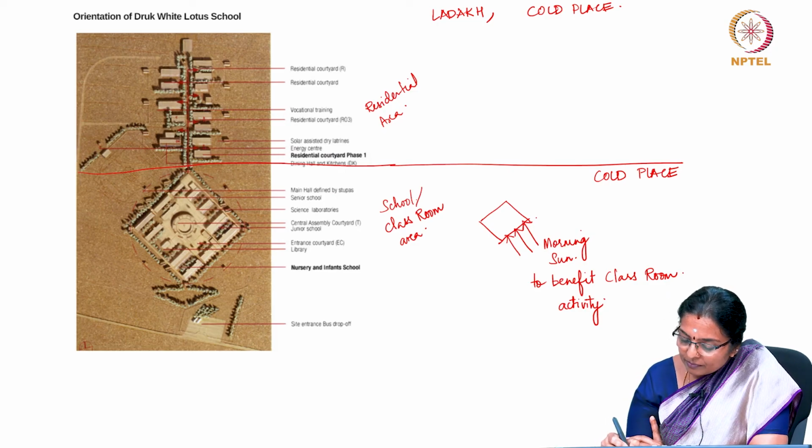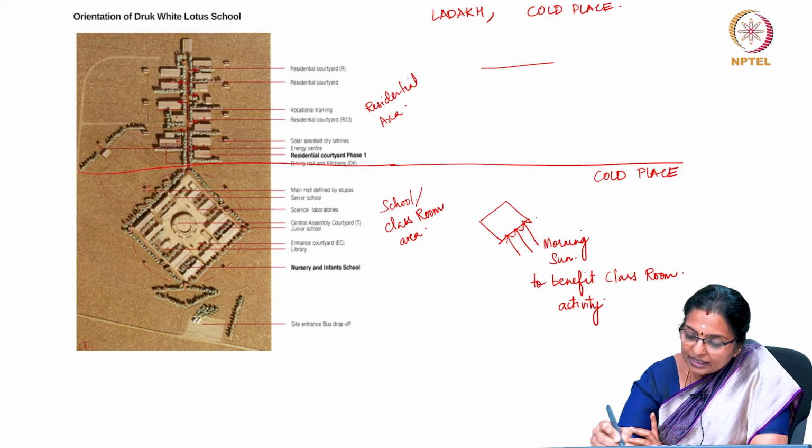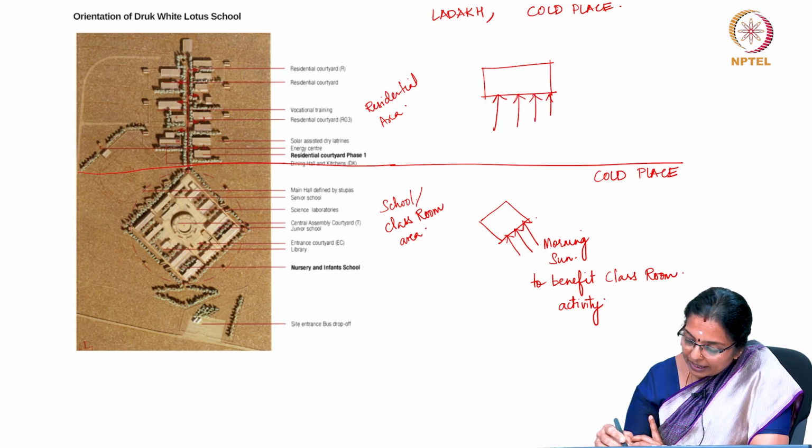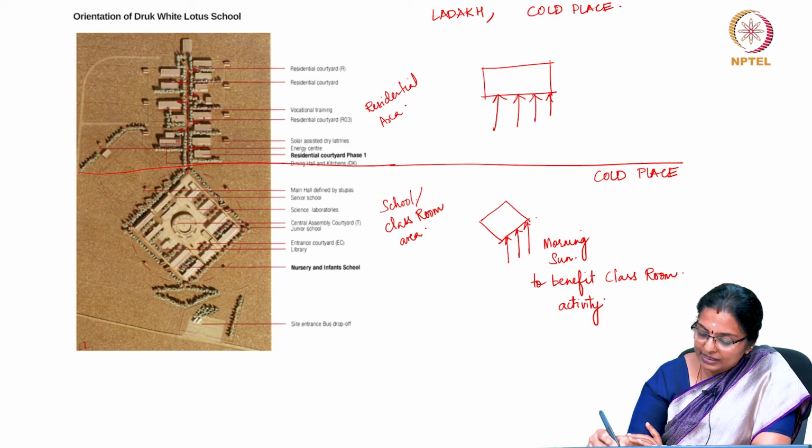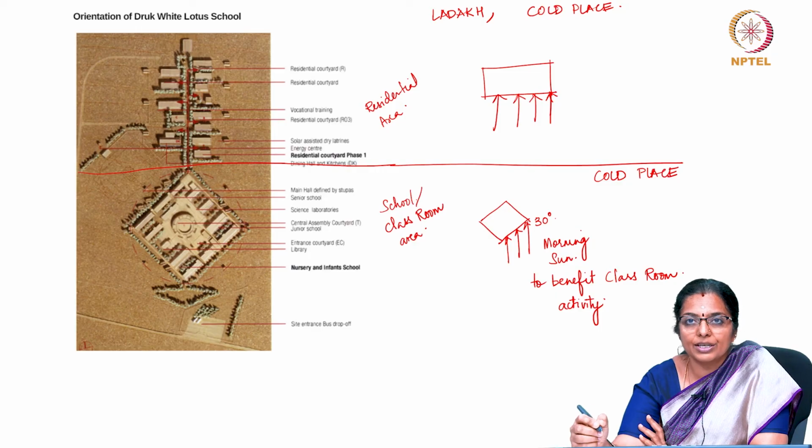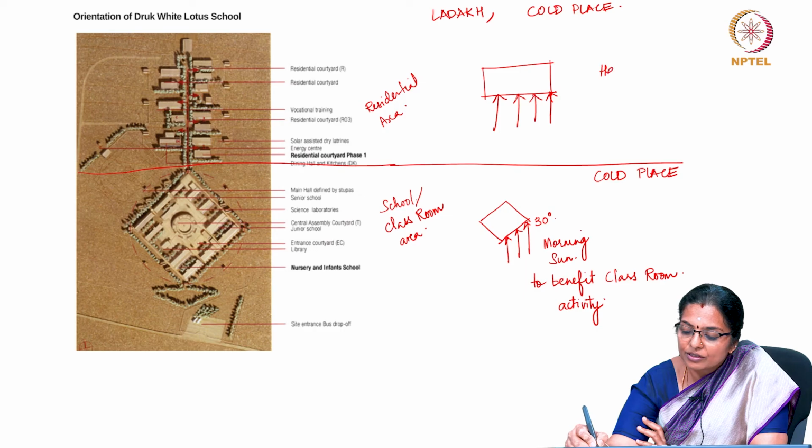So, there is a slight angle, and here it is directly along the south, and here it should ideally be 30 degrees to the south. Here it's direct radiation through the day,